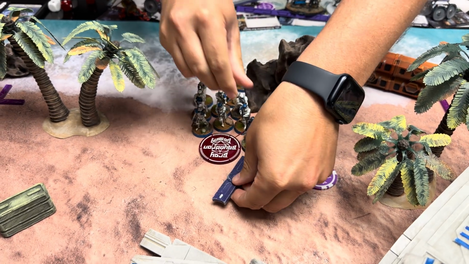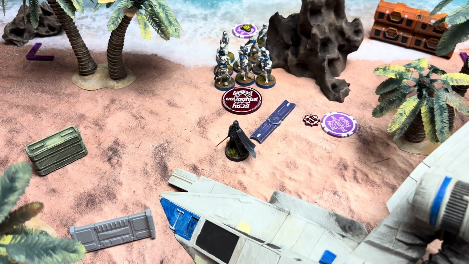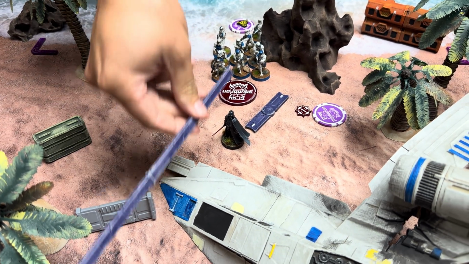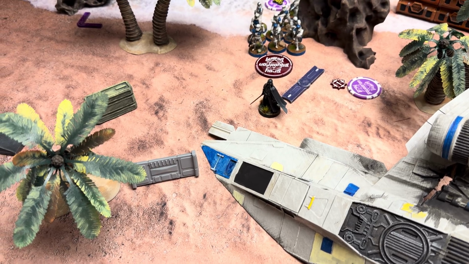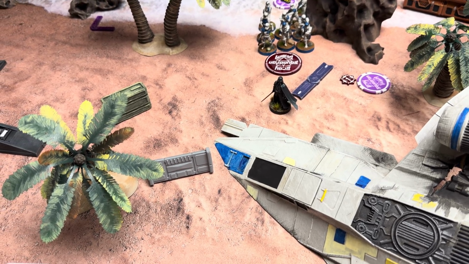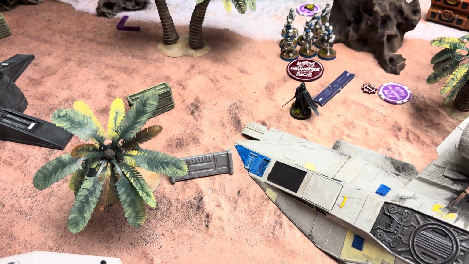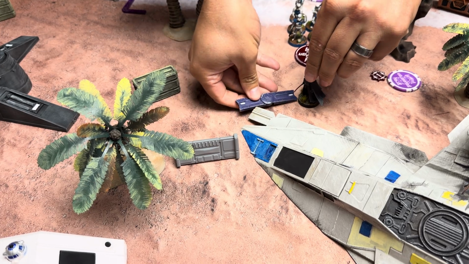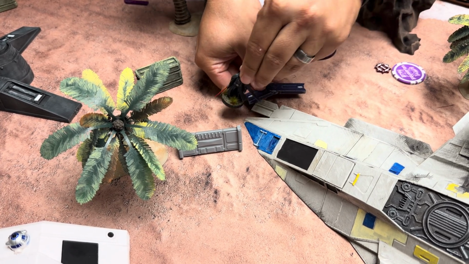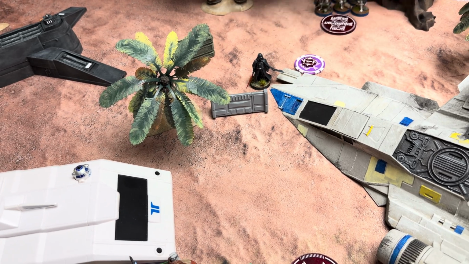He's going to have to start moving to get up there, so we're going to move here. And then no matter where I am, you're going to be able to charge into him with that guy, which is super unfortunate. So we'll just keep moving on forward here to get some cover, and then we will throw our lightsaber into